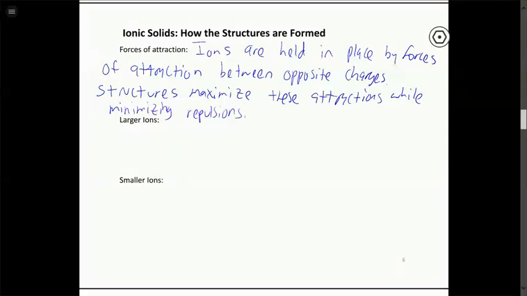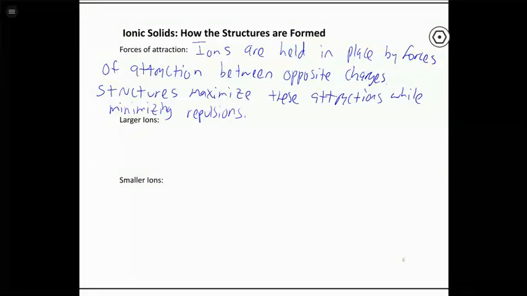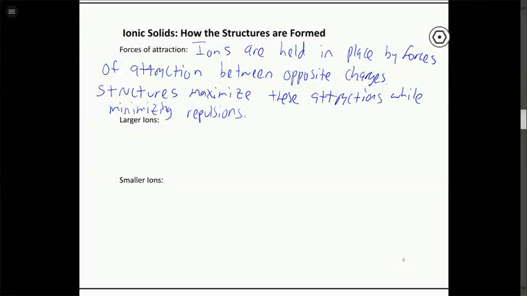All right, so that's what's happening, and then what exactly do these structures look like in more detail, or how are they formed? Whenever we have an ionic compound, we have two ions. One of them is going to be bigger than the other. I guess by coincidence they could be about the same size, but typically you're going to have a larger ion and a smaller ion paired together. The larger ion is usually going to be the negatively charged one, because as we know, when we add electrons to an atom, the radius gets larger.